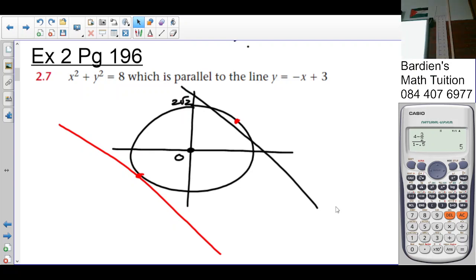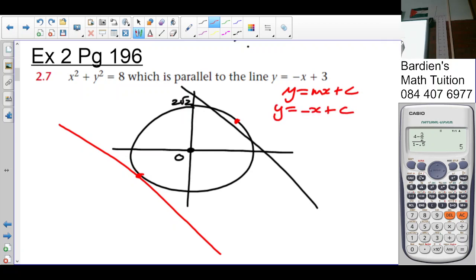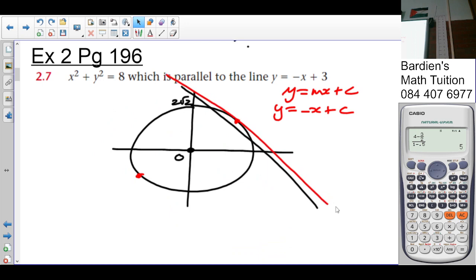Right. So where do we start? We know that it will be in the form of y equals mx plus c. That's the equation of the tangent. So currently you've got y is equal to negative x plus c. So how do I really calculate c? What do I need? I just need that point of contact. If I have the point of contact, I've done the job. Not so? We have the equation of the circle and we have the equation of another line. So we say, okay, let's put this here. To get these points out,